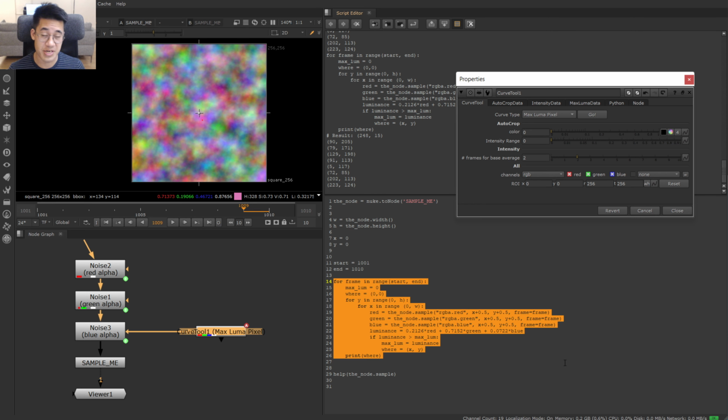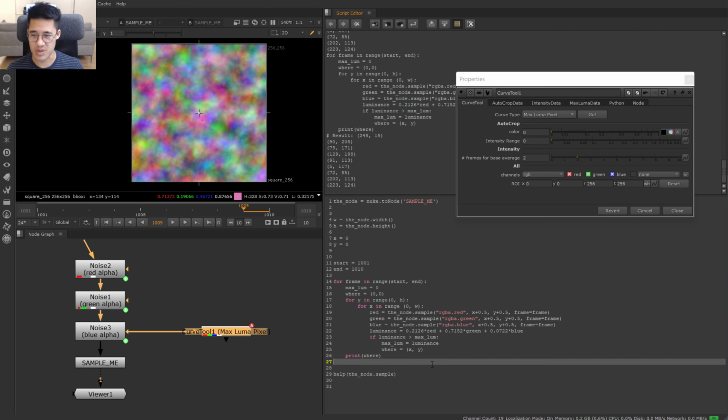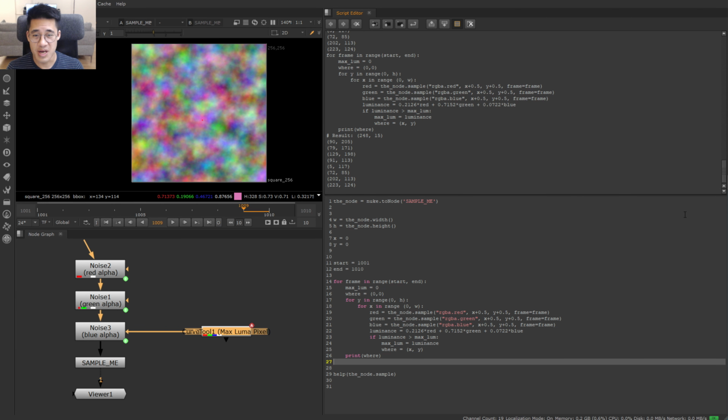It's a lot faster. There's reasons it's a lot faster. It's probably clever enough to read the whole image at once. Actually, no. It's probably better threaded, and also this is probably done in C. This is done obviously in some sort of Python, which has got to go request information from Nuke, which is going to give it back to me, which I'm then doing all my loopy stuff with. There's probably much more efficient ways to do it. My gut feeling would be that